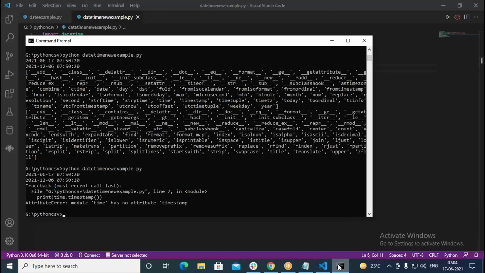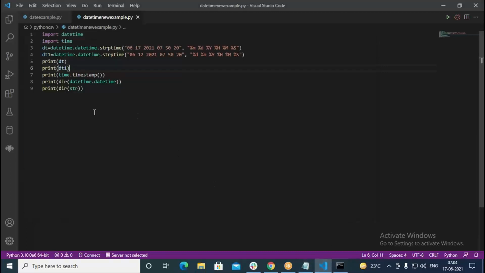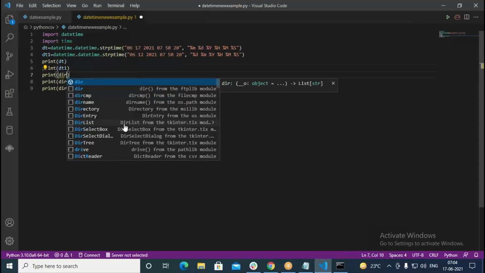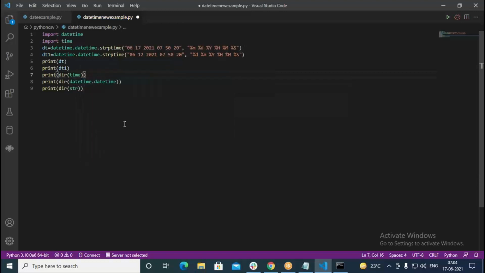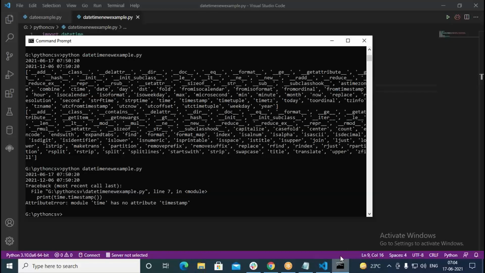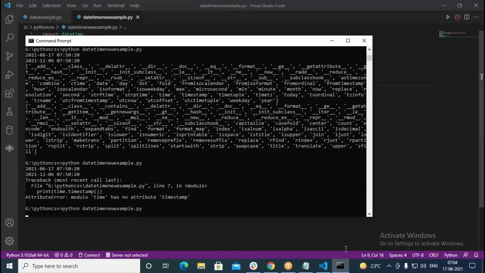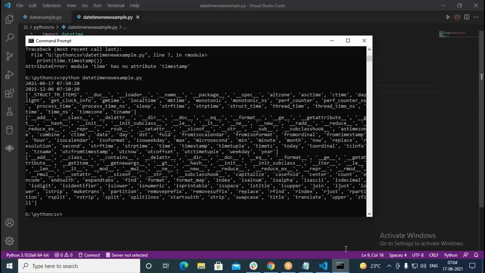Okay, so what are the attributes available? We'll try to find out. For that I print dir of time. When I go with this, it's giving many things.